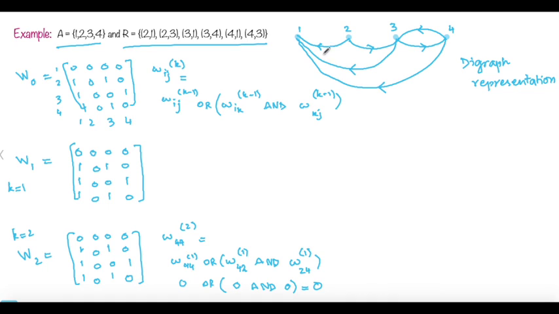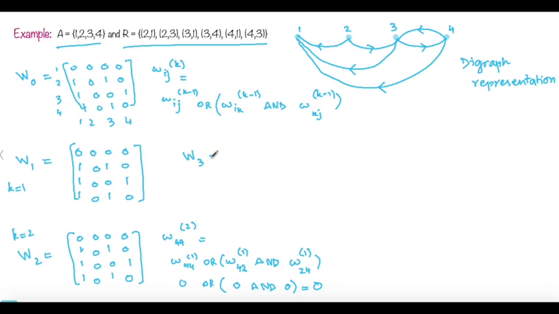In other words, looking at this graph, can we reach from 4 to 4 using only 1 and 2? No, because we can go to 1 and then we cannot go to 2 at all. So if we start from 4, we cannot reach 4 back using only these two vertices. Okay, now let's say